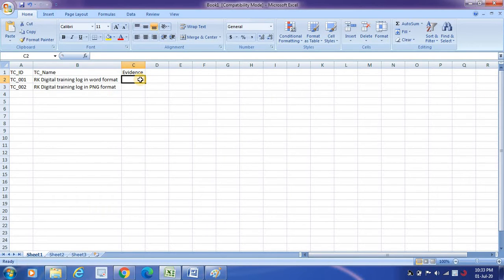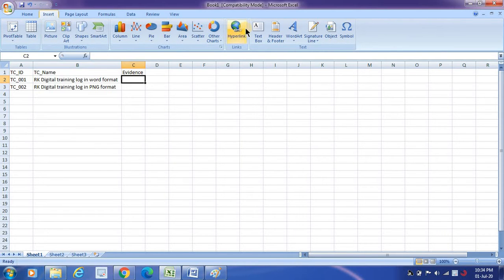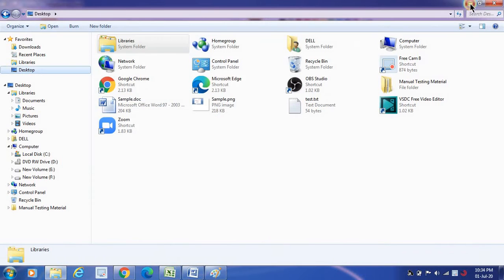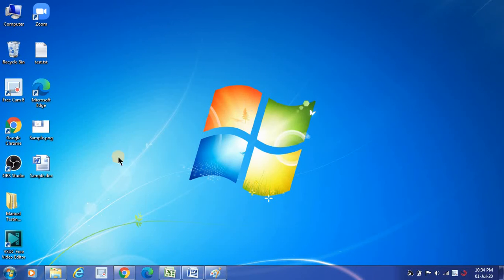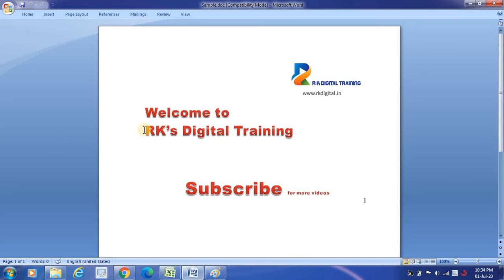How do I insert a document into a cell? So that we will call here as insert object. So what kind of object I am going to insert? So first you have to select the cell where you wanted to place the object, click on insert and then you have to go to object. So before you go to that, I will show you what object I wanted to insert. So let's say I have something on my desktop. See here, sample doc. See, this is what my document. So sample doc. So this I wanted to insert there.